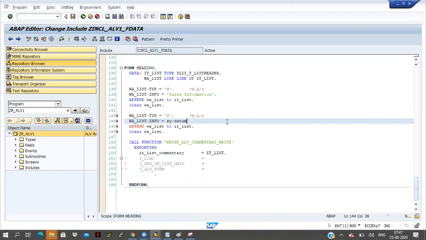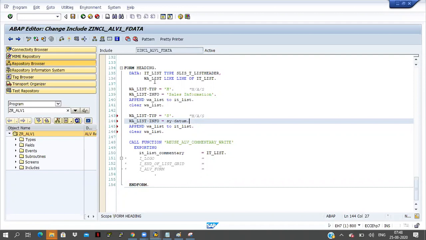This is the current system date. What is the date today? 25 August 2020, so that date will come into SY-DATUM automatically. SAP provides this variable. But my requirement is generated on: the date should come here.